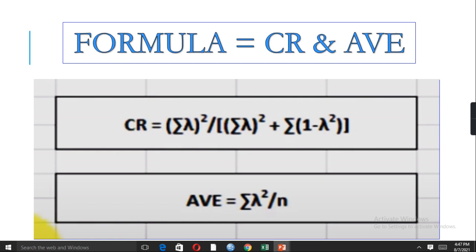This is the formula of composite reliability. The symbol that is shown repeatedly is lambda. The next formula, AVE, is equal to summation lambda square divided by the number of items.